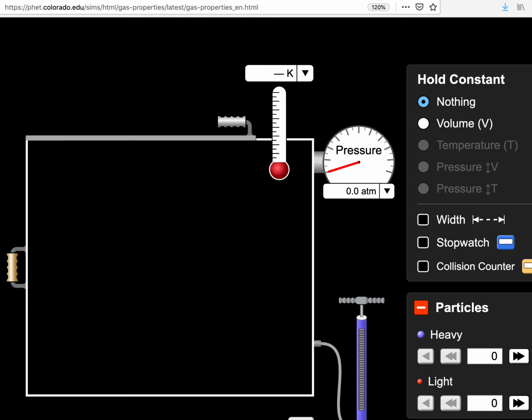Introduction to page 8.7. Let's think about a mixture of particles. So I've got my empty vessel here, and here I'm allowed to put the blue particles and the red particles in. So let's see what happens if I just put